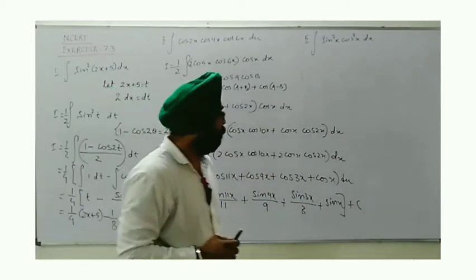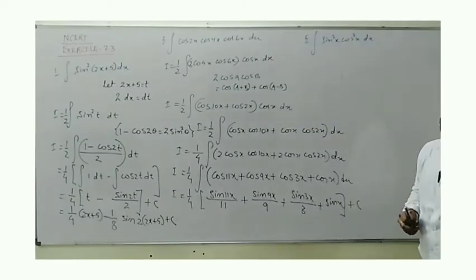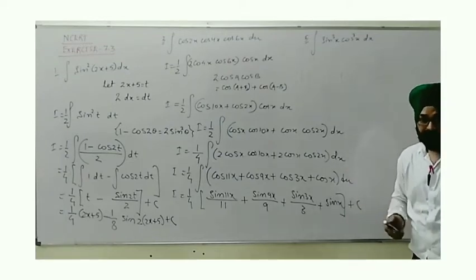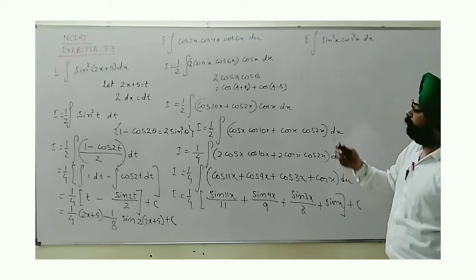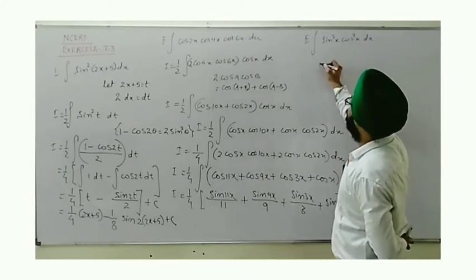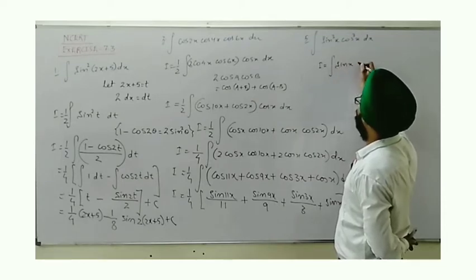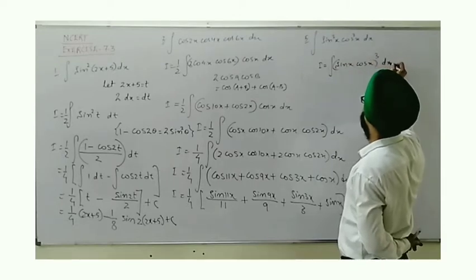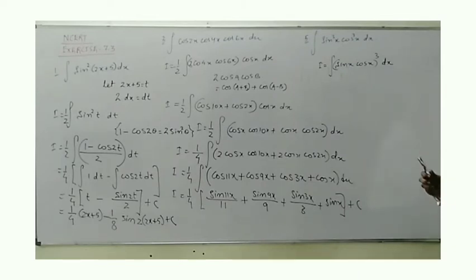Now the next question number 5, here we will see what method is applicable. This is a special case. As in the beginning I said, depending on what type of function is given to us, we can change the method. Here we will see this by one method which I consider to be obvious. We can write sin x cos x whole cube. Actually I will solve this question by 2 methods. This is the first method we are applying.